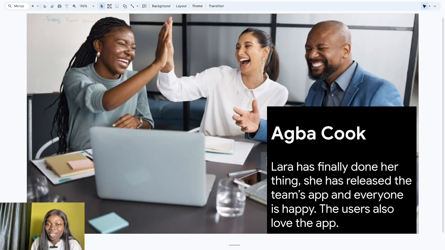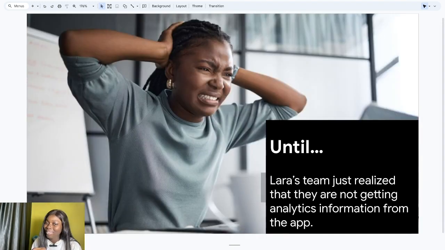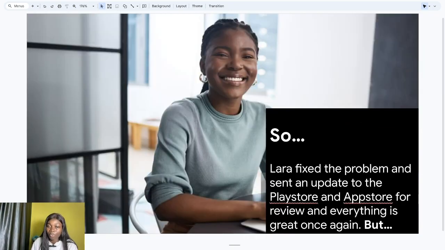Lara has done it and she has released the app. Everybody is happy. The users also love the app until Lara's team realized that they are not getting any analytics information from the app. So Lara fixed the problem, sent an update to Play Store and App Store for review, and everything is great once again. But